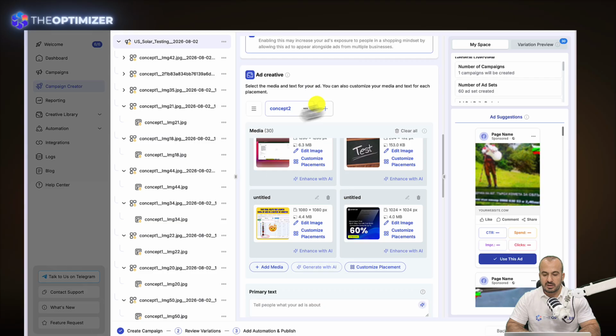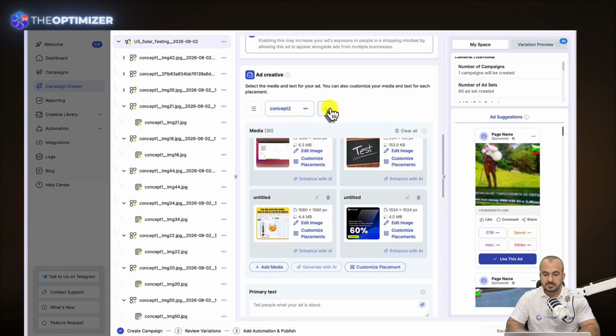So I'm calling this new batch of creatives concept 2, and then I'm going to use the name of the group. This is a group mechanism. I have other videos that show what groups do, if you are interested in that. But basically, groups are here to generate multiple variations. Let's say, for example, that these 30 images that you are uploading right now are not all the same, but you have 3 concepts that you want to test. So you have 10 images for each concept, and you need different copy and different text to go with each of these concepts. In that case, what you would do is create the first concept and call it concept 2, let's say,